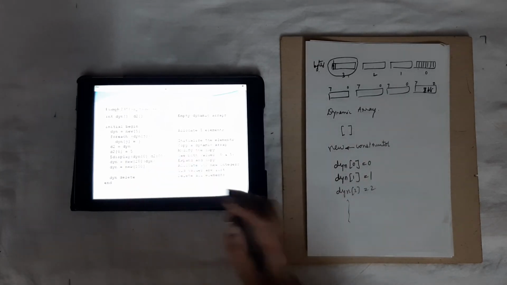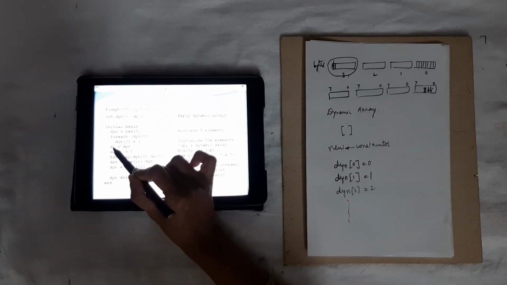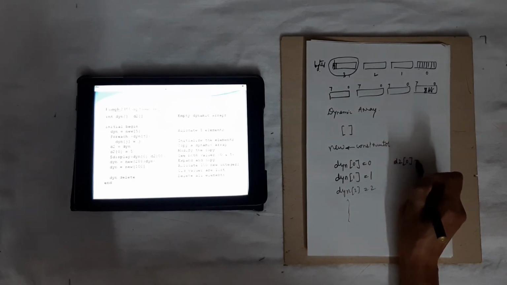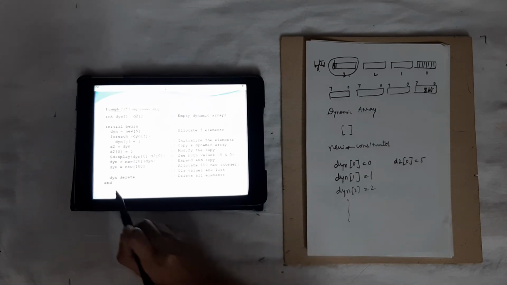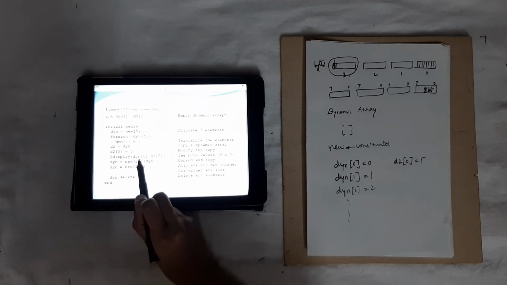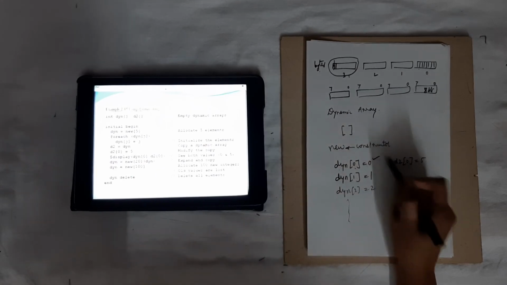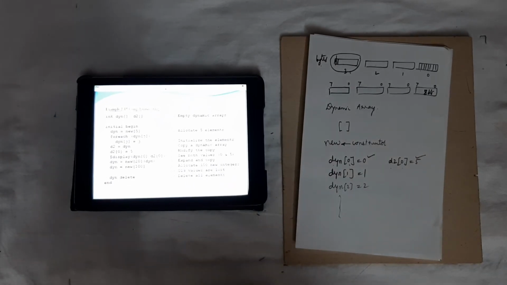In the next step we are assigning all the values of dyn to d2, and d2 of 0 is initialized with the value of 5. Next, we display dyn of 0 and d2 of 0. Dyn of 0 is 0, and d2 of 0 is 5. See, you will get 0 and 5.